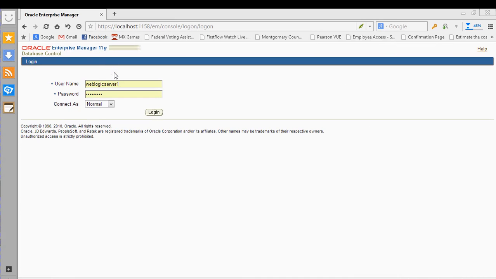Today I'm going to show you how to use Enterprise Manager for Oracle 11G. So basically, I created a new database, and I haven't configured it yet. I'm going to do a configuration to Enterprise Manager so I can show you what you're able to do with